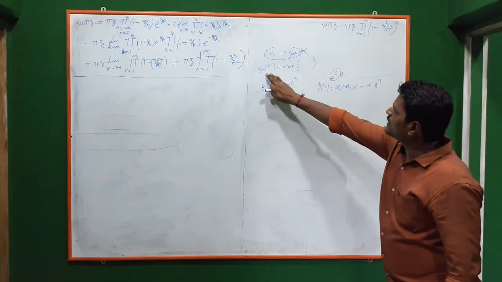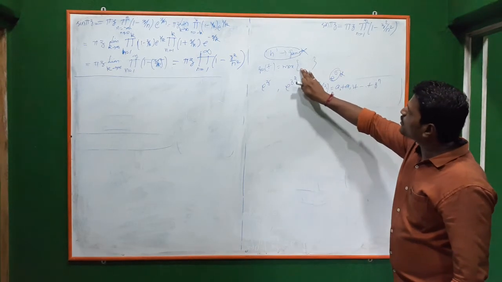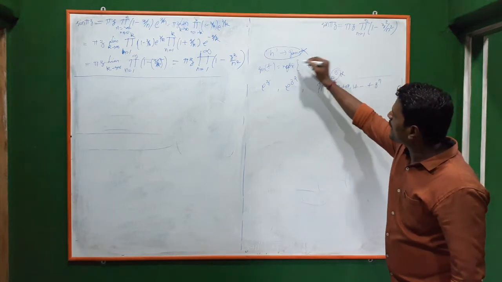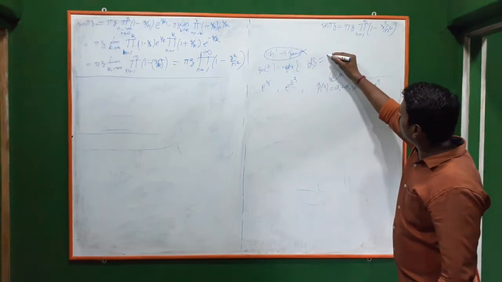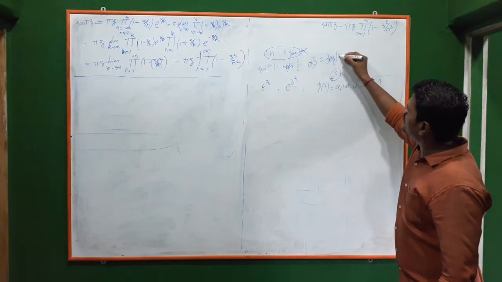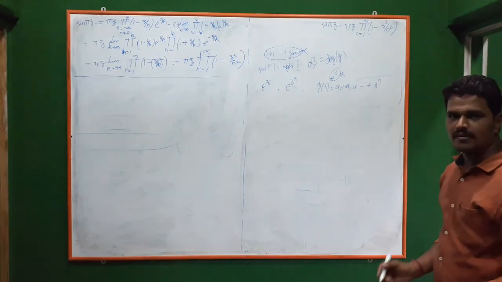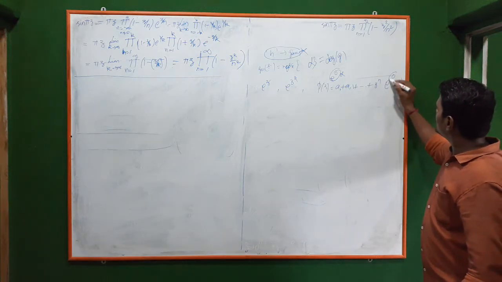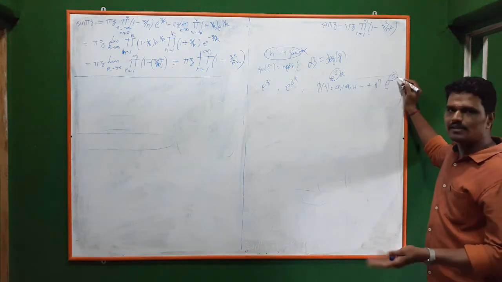Only you can find the genus of F, which is nothing but the maximum among H. H is not at all there, so that is not the maximum. The genus of F is equal to the degree of G directly. Directly we can find the degree of G. So here what is the degree of G? It is 0. e^0, the function itself is 0.